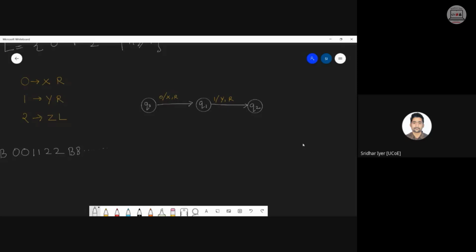It's very simple. Next, what we need to do is we need to find the remaining bit, which is a zero bit. So जैसे ही zero मिलेगा, I have to convert that zero. Sorry, two. Whenever we encounter two, I have to convert that two into a Z and start moving to the left. Right? इतना तो सिंपल है. इसमें कोई कंफ्यूजन नहीं होना चाहिए. This would be your Q3 state.